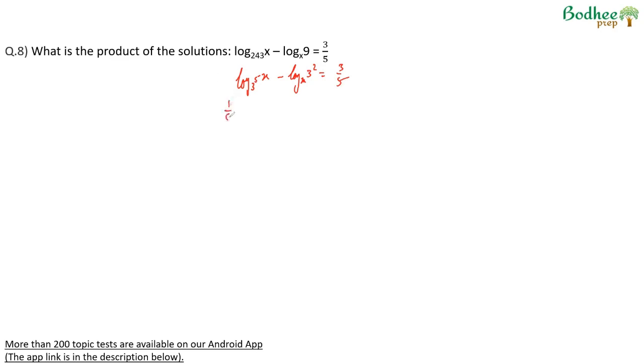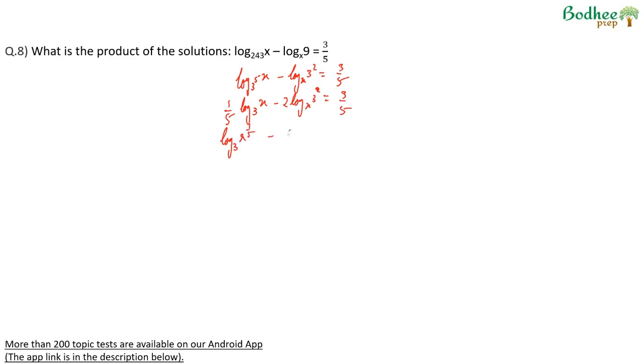This is 1/5 of log of x to the base 3, minus, let us keep 3 square as it is, log of 3 square to the base x is equal to 3 by 5. Which means this is log of x to the power 1 by 5 to the base 3